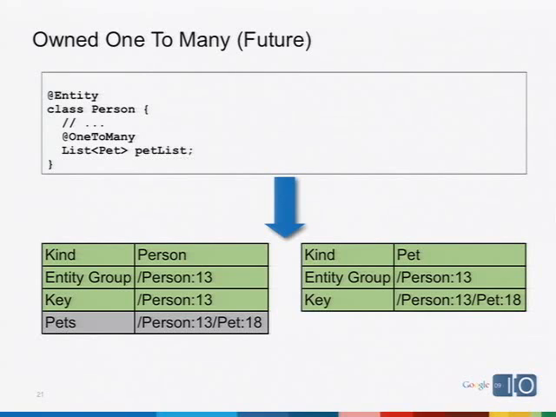The other thing it does is open the door to some optimizations. Wouldn't it be great if you had a person object loaded in memory, you haven't loaded the pets owned by this person yet, and you can say, hey, person, how many pets do you have? If you have all of the pets that the person owns as part of the person entity, you can answer that question without making another trip to the data store, issuing another query to get that answer. If you don't have that information, it's absolutely another trip to the data store. So there's some nice optimizations that this enables for us.